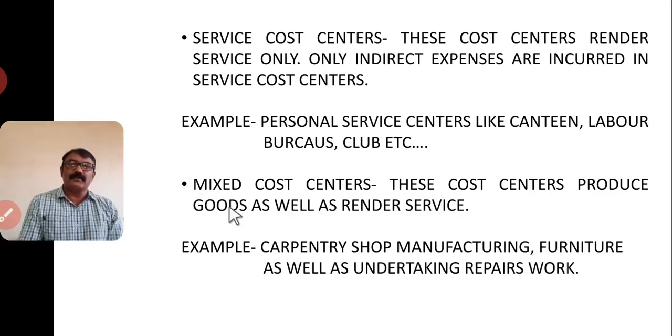In the first case, we saw the production cost center. In a production cost center, only production goes on, not service. We are concentrating only on production in a cost center, and we can ascertain the cost where the production is going on. Similarly, there is the service cost center. In one company, production is going on and the service center will also be there. In the production cost center or production department, only production goes on, and we can ascertain the cost over there. It is the center for ascertaining the cost.